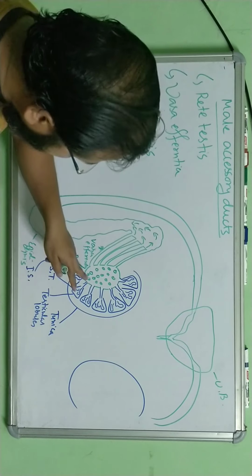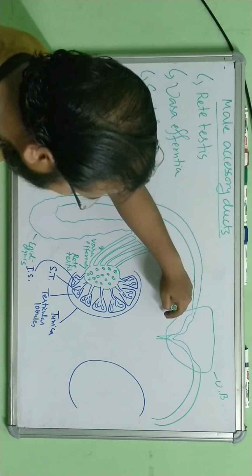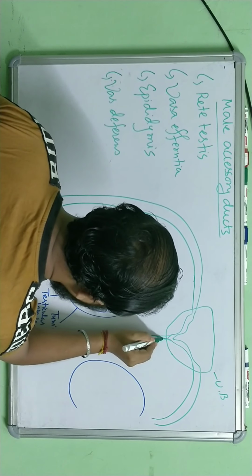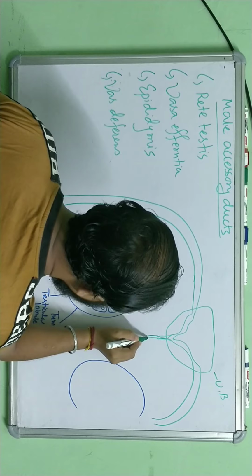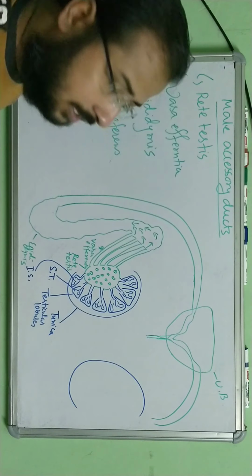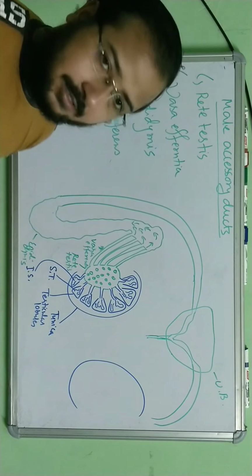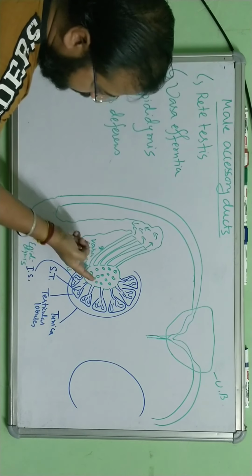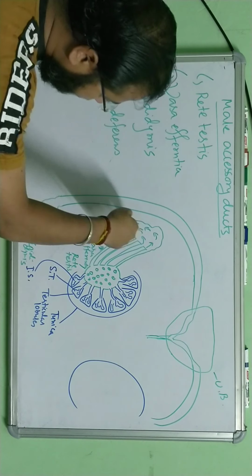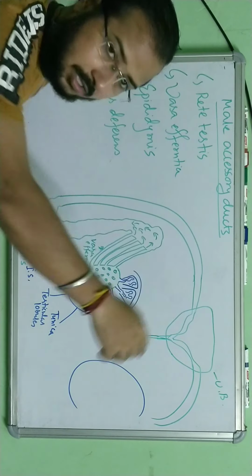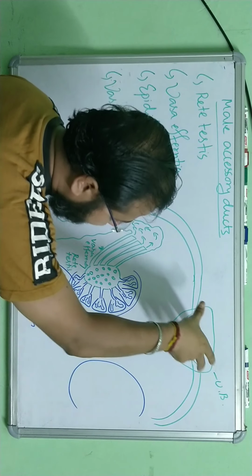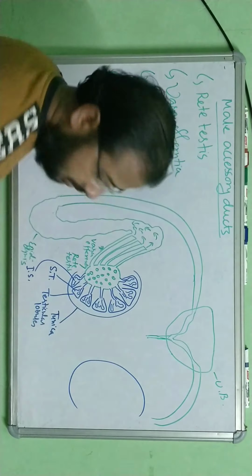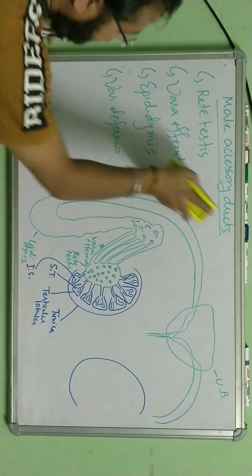So starting from the rete testis and then here over the urinary bladder they come here. To some extent it is a single duct that moves here. So this is what the accessory ducts are, the route through which the transportation of the male gamete takes place: starting from the rete testis to vasa efferentia, the epididymis and the vas deferens. Over the bladder, both vas deferens come, join together and form a single duct starting from here. Okay, so our ducts are done.